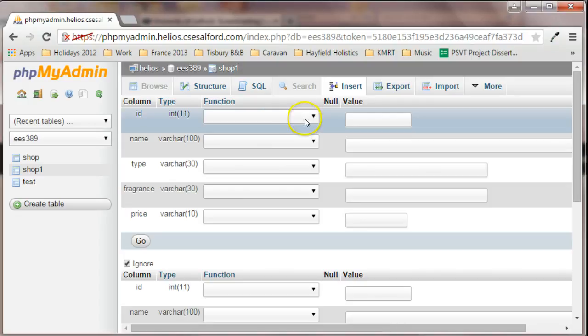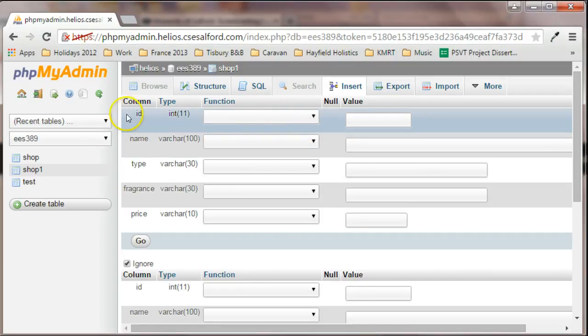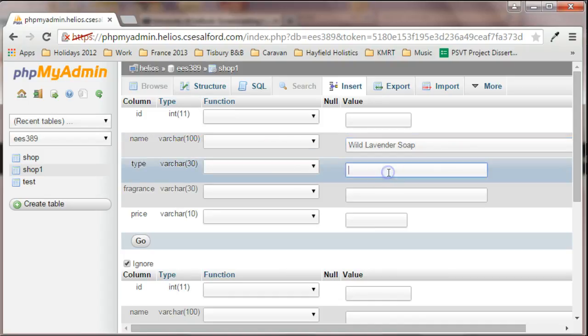So I'm going to start right at the beginning. Remember, I don't need to insert a value for ID because that is going to be auto incremented by the system. So for name in here, what I'm going to do is write the full name, the full name of my product, or the name that's actually printed on the label of the product. I'm going to put in here